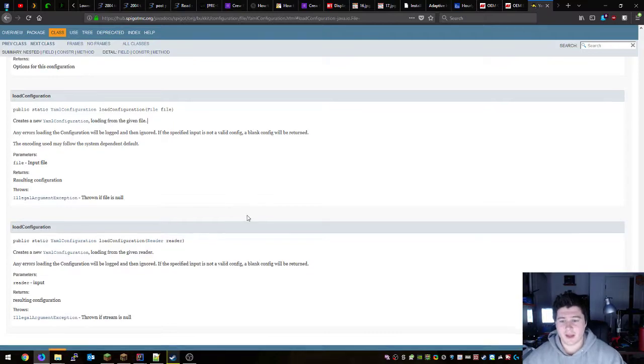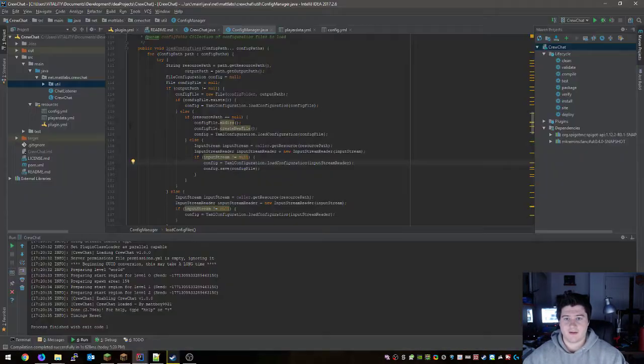It used to be able to use an input stream. However, that method was deprecated and is now removed, and because we're in 1.12 and the configuration manager was originally